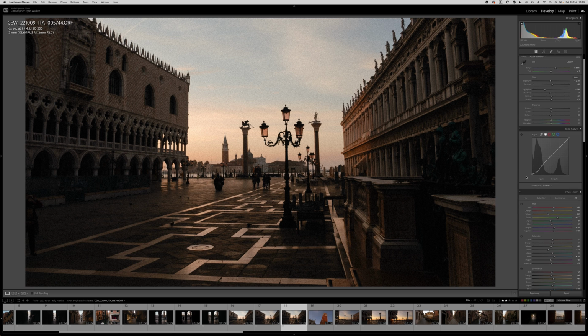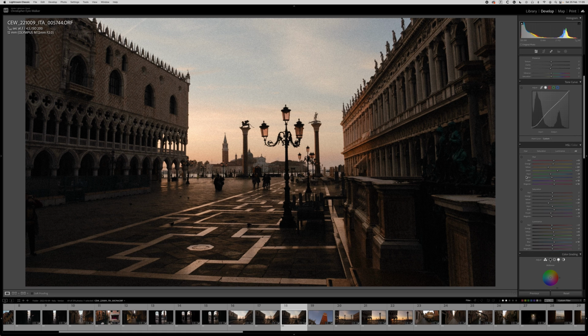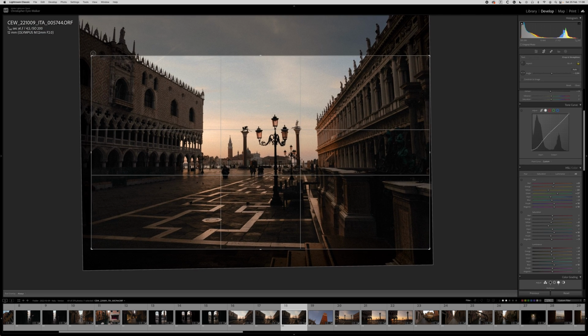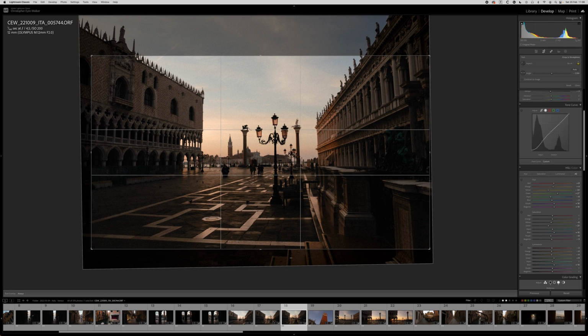And I'll work my way down my settings a little. Can we push the yellows maybe down a little bit? So the brightness of my yellows, I'll tweak them a bit. Before, after. It's good. Okay, I can see this woman down here taking a photo. Photographers, eh? And I'll crop her out. I'm very conscious about keeping this going in my shot. And my horizon's fairly centered, but if I look at my composition,